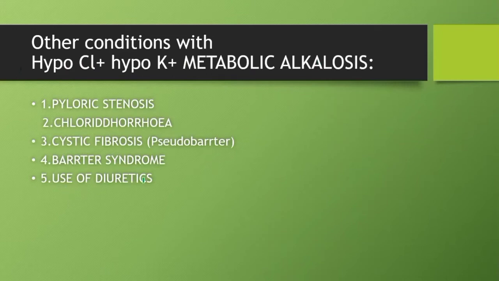And then the use of diuretics. There will be a prolonged use of diuretics. For example, the child has suffered from heart failure, or the child had nephrotic syndrome, because of which he was having edema. So there will be a history of use of diuretics. They'll give you this blood picture, and this blood picture will be the same in all these cases, but depending on the history, you will differentiate. This is frequently asked in FOP as well as the TAS exam.